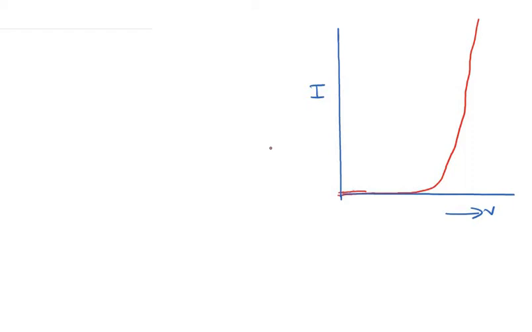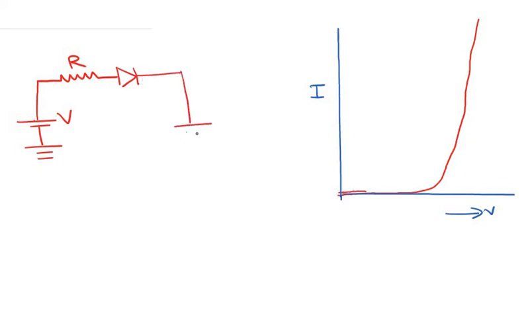Okay, now let us consider this circuit here. We have an applied voltage V, and let us consider this voltage is a DC voltage, and then a resistance R here, and then this diode which is connected to this resistance. Now this is the IV equation of the diode. So this is the characteristics of the diode basically, and then there is also a characteristic equation for the resistor.